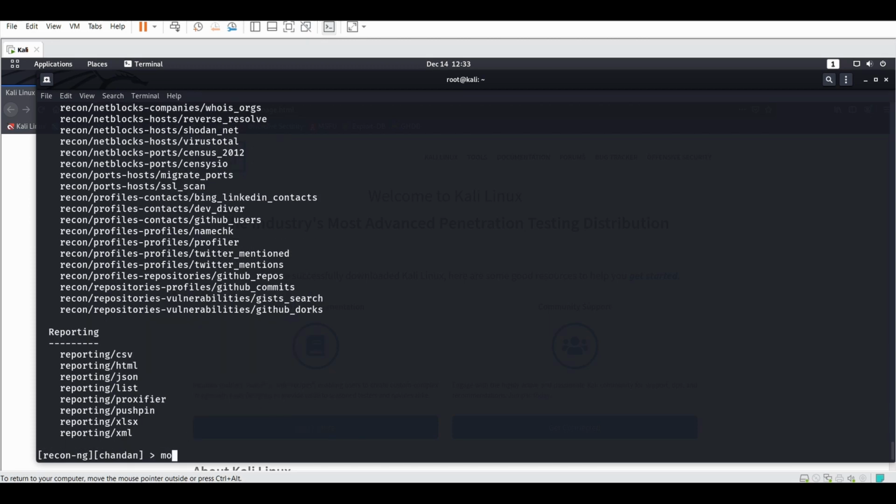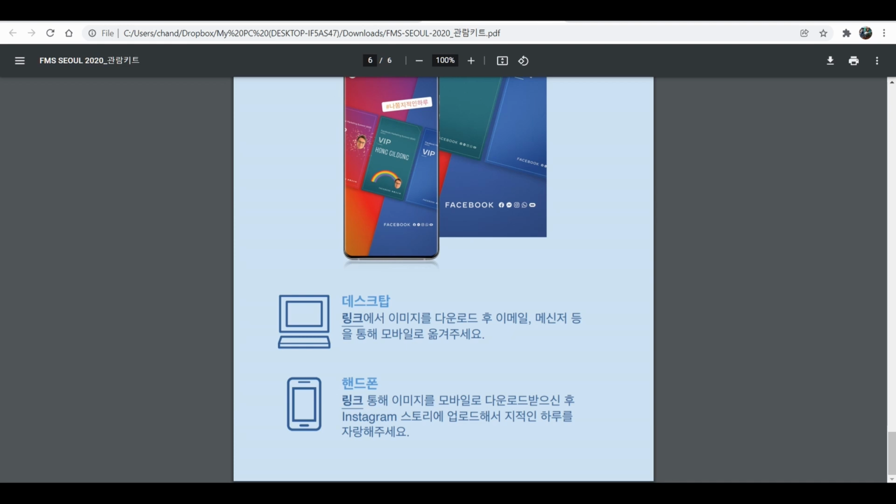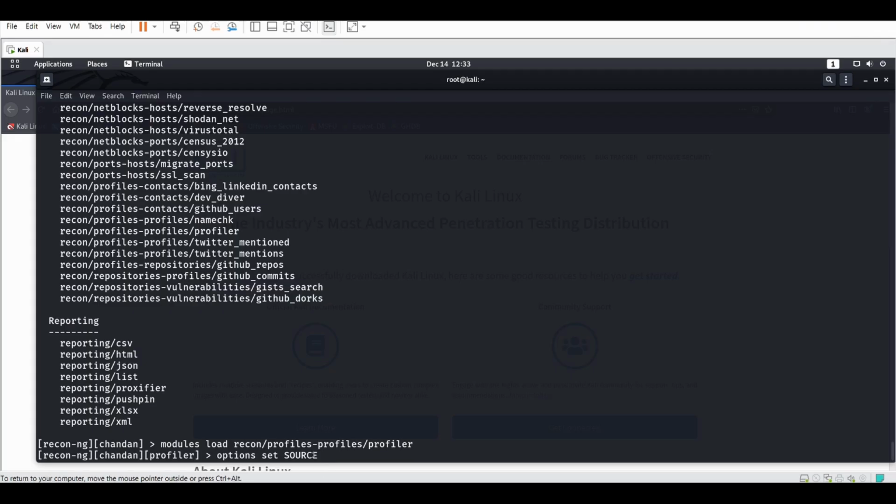Let me write modules load, whatever I have chosen, I will be pasting here. Okay. Now I will set some options. Set source, any name like Instagram. In Instagram, any name you can write like a company name, like scl.com. Once again, I write scl.com.